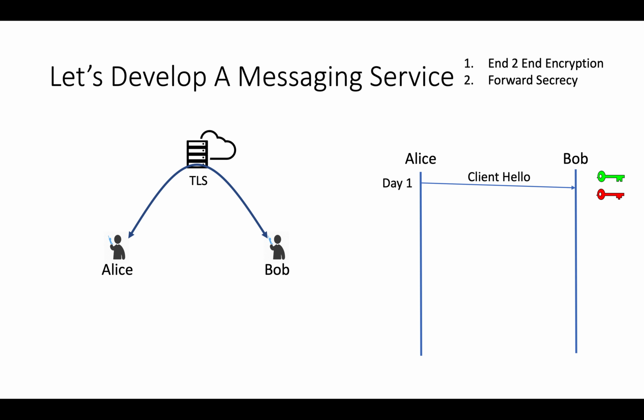Day 1. Alice sends client hello to Bob. By the time Bob receives this message, Bob goes offline. After 2 days, Bob comes online. Day 3. Bob sends his public key to Alice. Now, you might think, how come after 2 days the message reached Bob and a timeout did not happen? In the last problem statement, I told you that we are modifying the TLS protocol in such a way that the server has a separate TCP connection to each participant and relays the packets end to end.